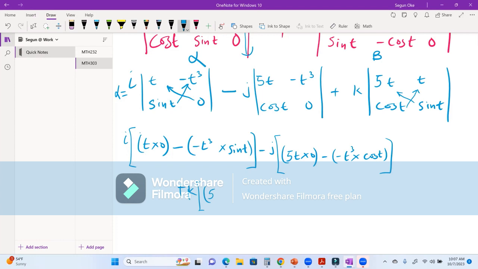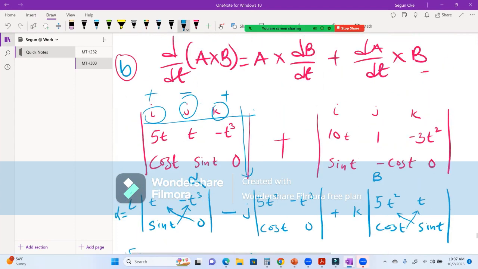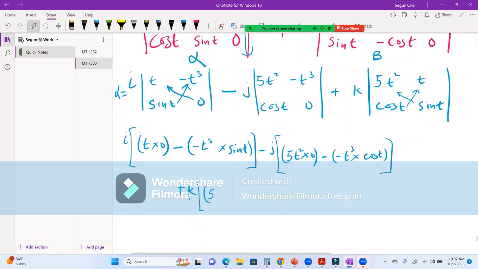Is it 5t or 5t squared? It's supposed to be 5t squared. Please check your notes. It's 5t squared. Yes, 5t squared. So we have 5t squared multiplied by